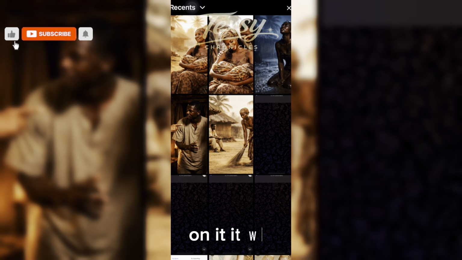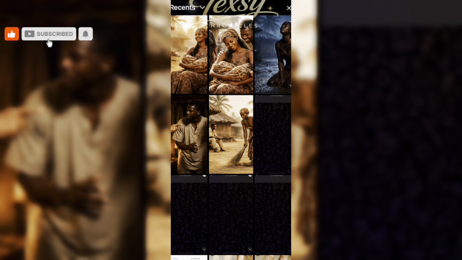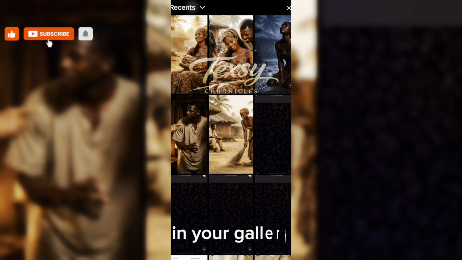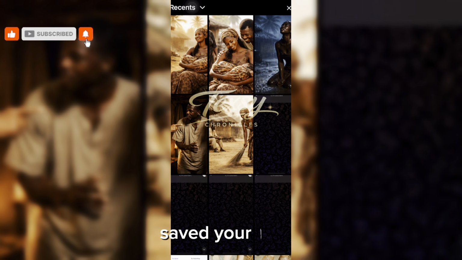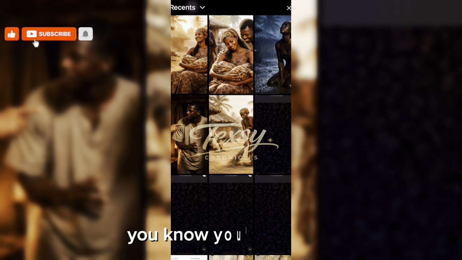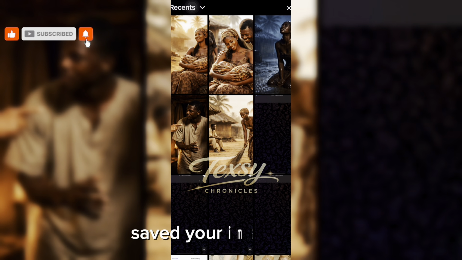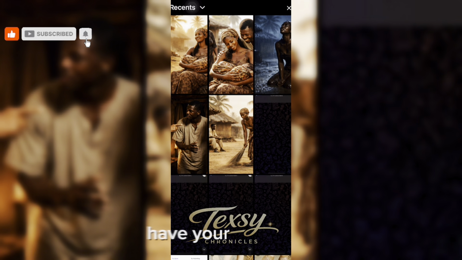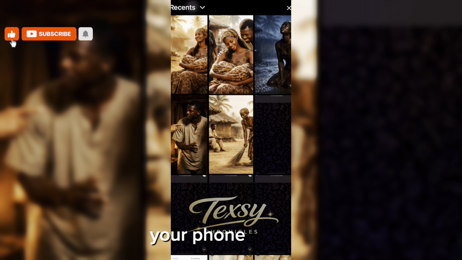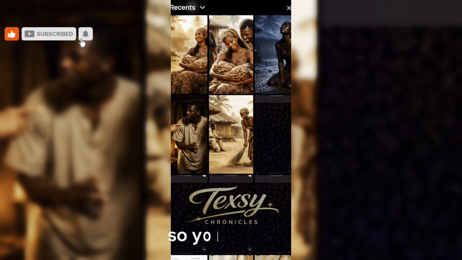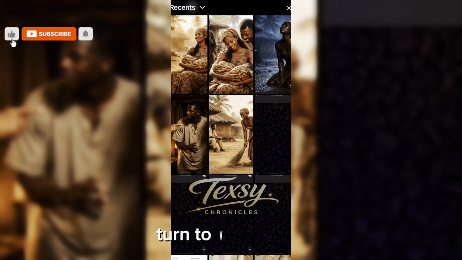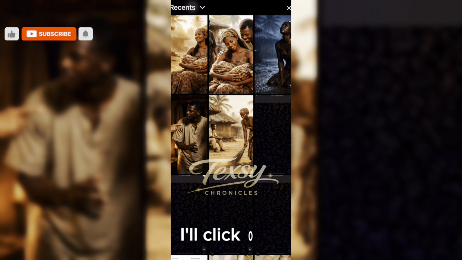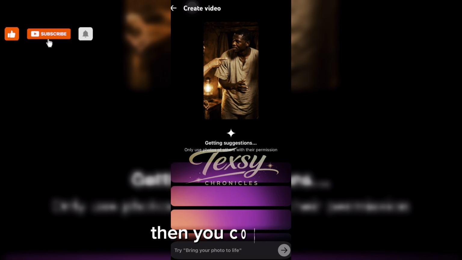So when you click on it, it will take you to your phone gallery, your pictures and everything. You'll be seeing it in your gallery. You've already saved your images from your image prompts. You have your images in your phone already. So you pick the one you want to turn to video from the images. I'm using this particular one. I'll click on it. Then you copy your